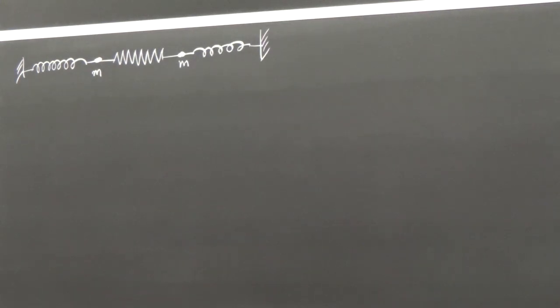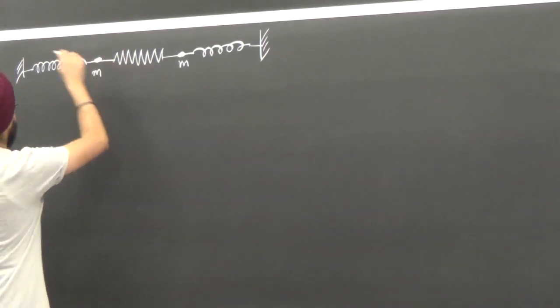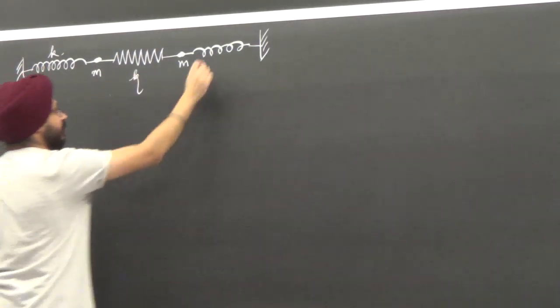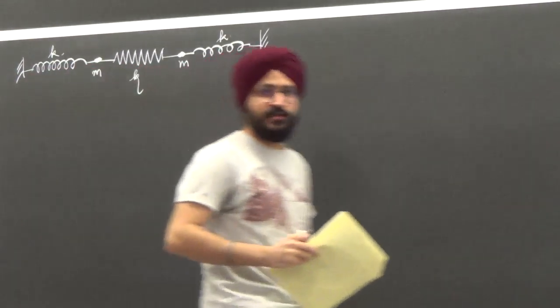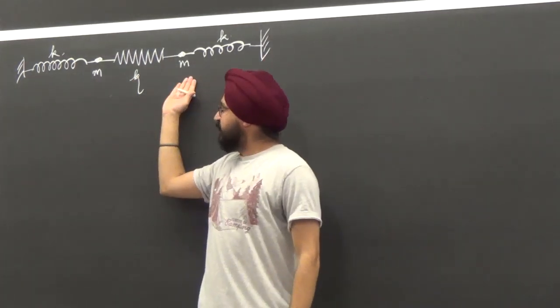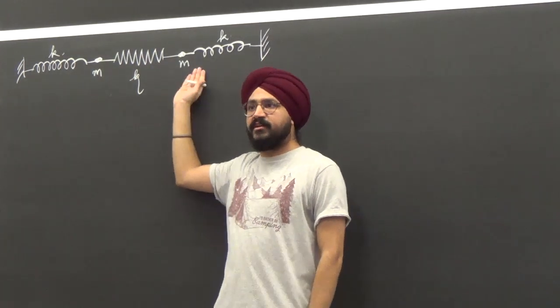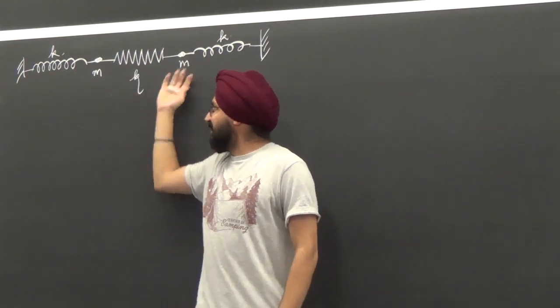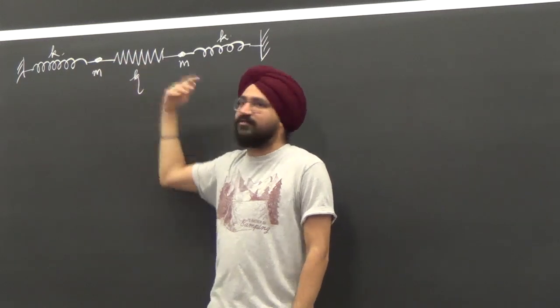Okay, let's call this spring constant K, this one kappa, and this one K again. So 2 symmetrical masses of mass M, 3 springs with 2 walls. Of course, each mass depends on what the other is doing, because the other determines the spring's extension in the middle, and therefore it interplays with the motion of the other particle.